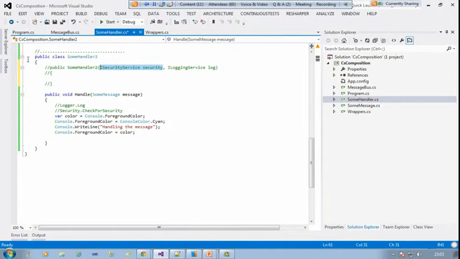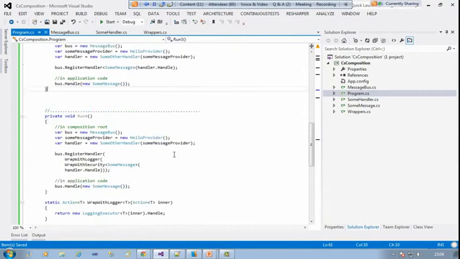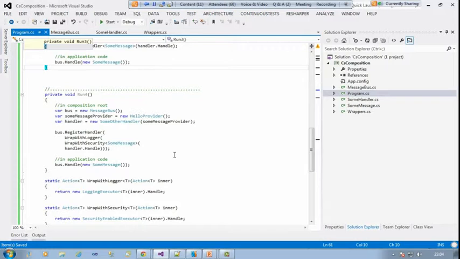If you were to get proper confidence writing tests for the new modified class, you'd have to write a number of tests for SomeHandler checking on various things for security and logging and all of the branches that they contain. So for this SomeHandler2 class, not only are you modifying the code, you're also having to add lots and lots of tests. There is a better way of doing that, and we can do that with suspended computations or computation expressions. Over here, what we're doing is we're newing up a bus and some provider just as before,